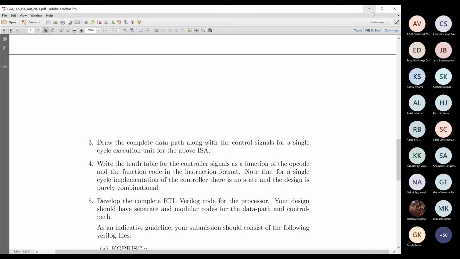Sir, can the test be on 10th or 12th? Yes, sir, 12th would be fine because it would be closer to the test week also. Yes, my only concern is 12th is also the deadline to submit this. So some of you might be doing last minute work on this assignment. So will that be a problem?